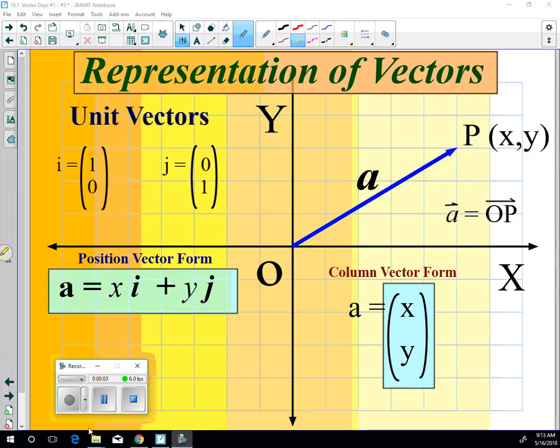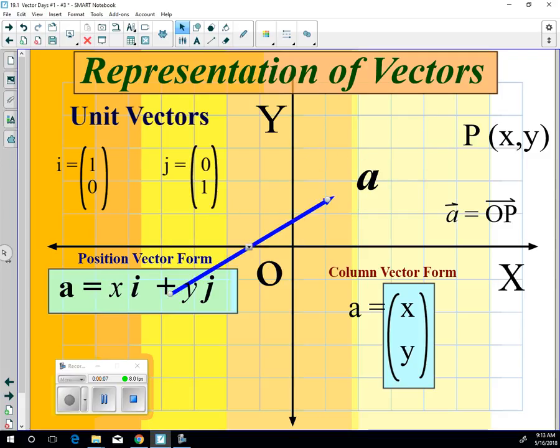Vectors have magnitude and direction, but that's not super helpful if you have to draw them all the time. It's very annoying to have to do this. So one of the keys to understanding vectors is that we can move them all over the place. And where is the most convenient place for us to set the tail of the vector? At the origin, yeah. If you set the tail at the origin, you can describe every vector with where the